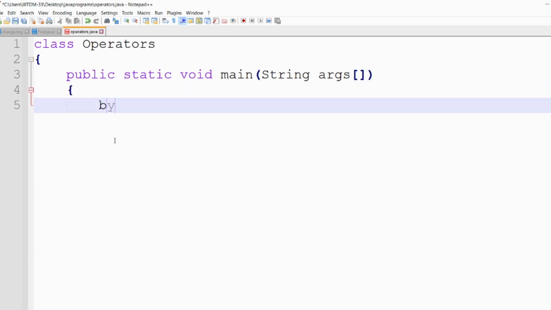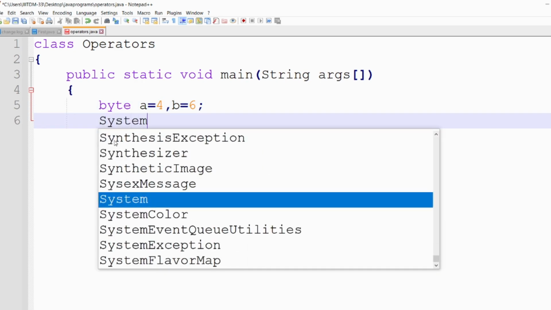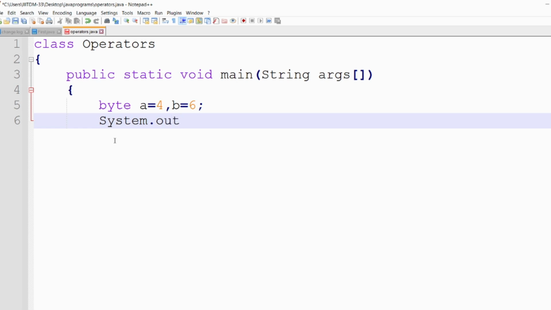Here I will declare two variables, byte a is equal to 4 and b is equal to 6. Now I will write System.out.println, where S should be capital. The sum is,